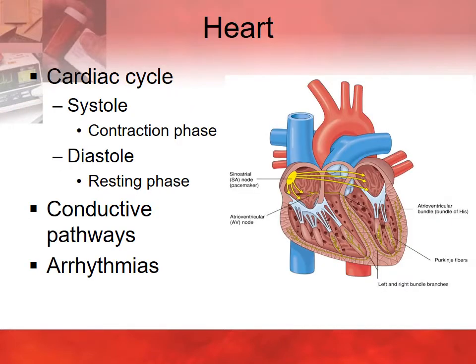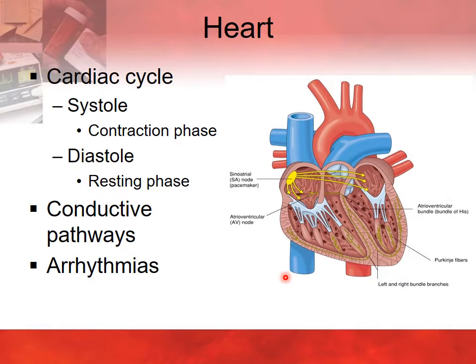Now, when we talk about the cardiac cycle or the electrical cycle of the heart, we have systole and diastole, and we talked about these earlier in the year. So systole and diastole, this is the contraction phase of the heart. Systole is where we have the greatest pressure. So remember when we talked about blood pressure, we said the systolic blood pressure, that's the highest one. That's the contraction phase, whereas the diastole or the diastolic is then the